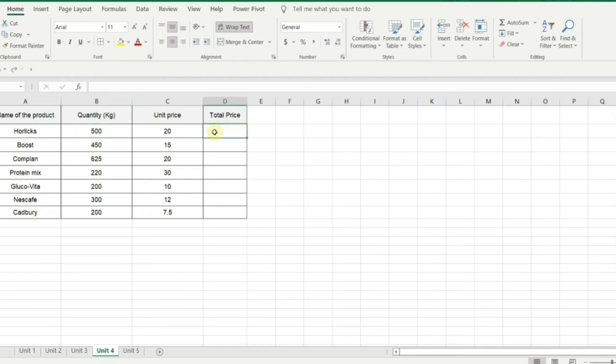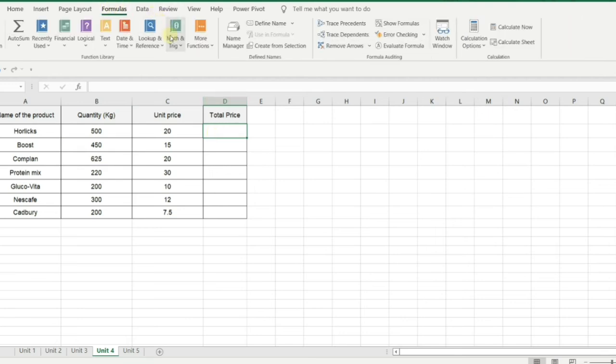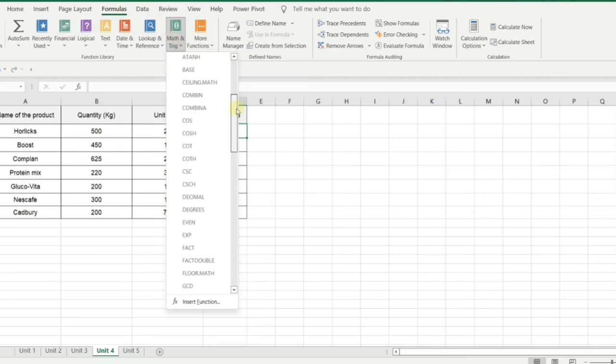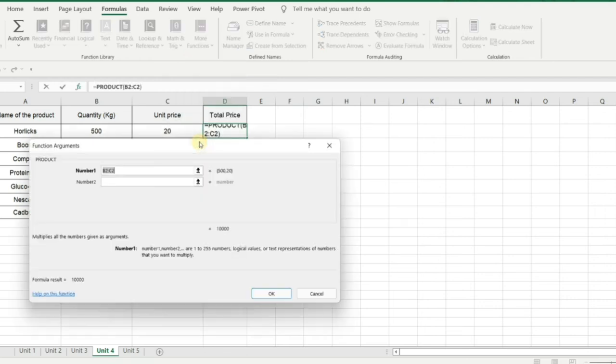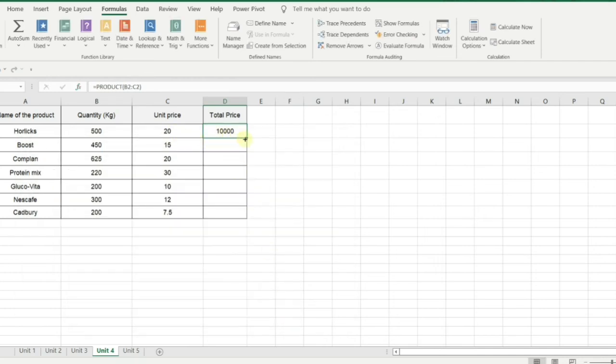So for addition, we used the formula sum. For multiplication, we are going to use the formula product. So I'm going to go to formulas, math and trigonometry, and search for product. Search with me whether you got product. Yeah, right, product. Oh my god, it automatically selected B2 to C2 for me, really for you. Now I'm going to click OK. Excellent. Got it. Drag it.